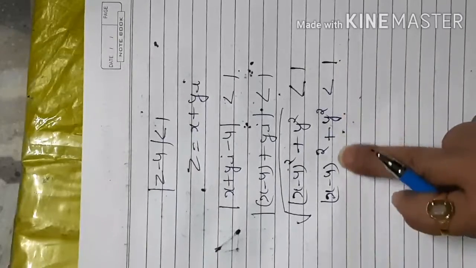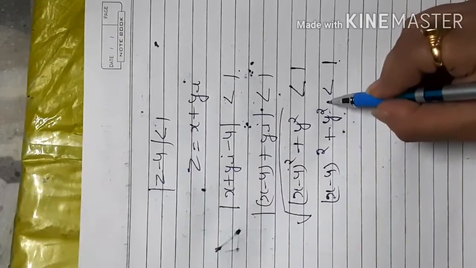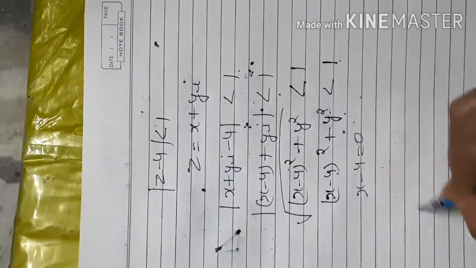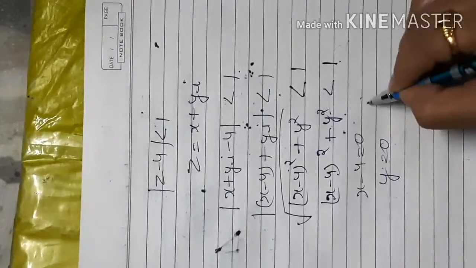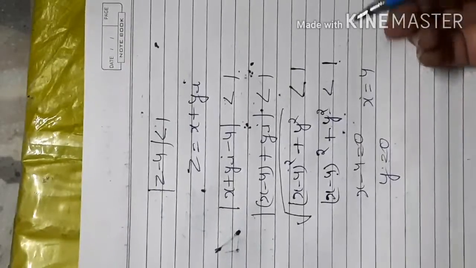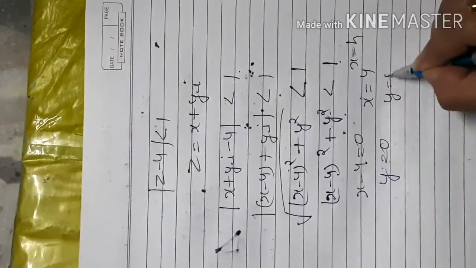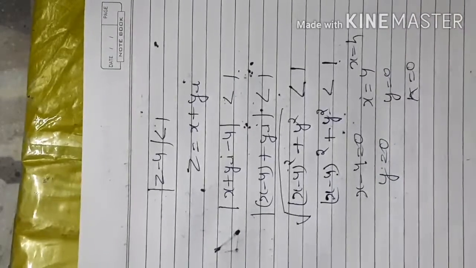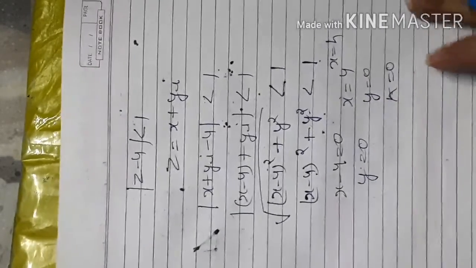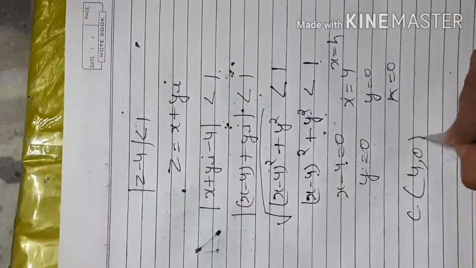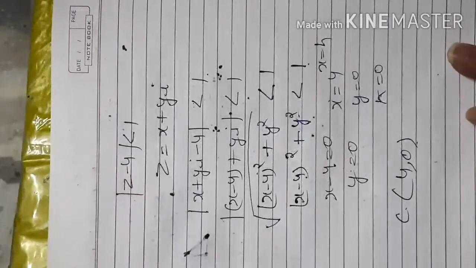if you go with the center of the circle, here there are no k values, and this is only 4, like x minus 4 is equal to 0 and y is equal to 0. That means x is equal to 4, that represents your h value, and y is equal to 0, that means k is equal to 0. Okay, so that means your center of the circle is 4, 0. So that is your center of the circle.